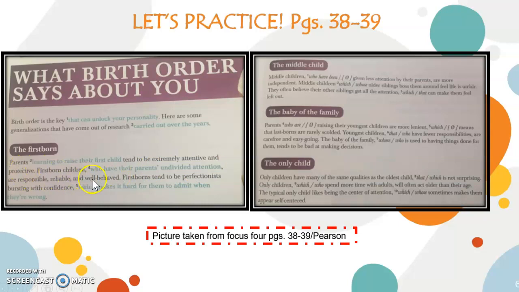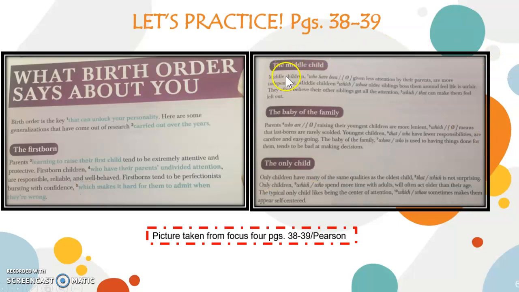This from firstborn to well-behaved, it's a non-defining relative clause because they have commas, 1 comma, 2 commas, and they have 3 pieces of information. First children is the first one, who have their parents is the second one, and are responsible, reliable, etc. is the third. Firstborn tend to be perfectionist, bursting with confidence, etc., which makes it hard for them to admit when they are wrong, which is definitely